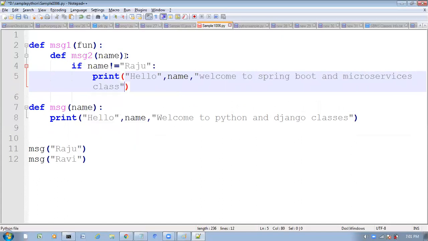Like this I took it here. So here, if name is not equal to Raju, from where are you taking name?